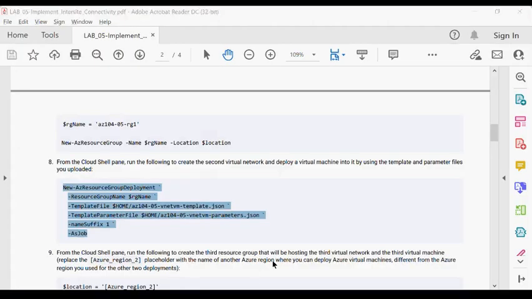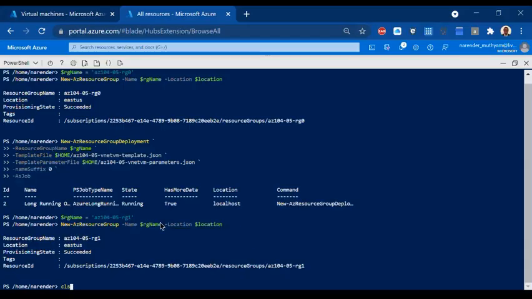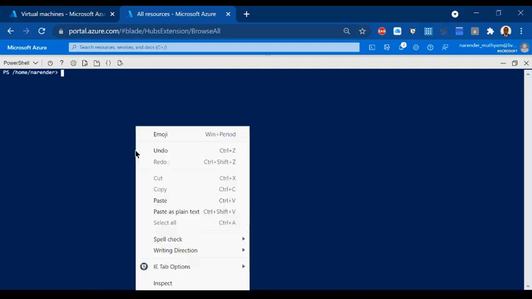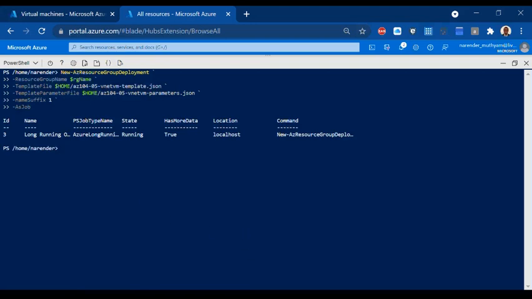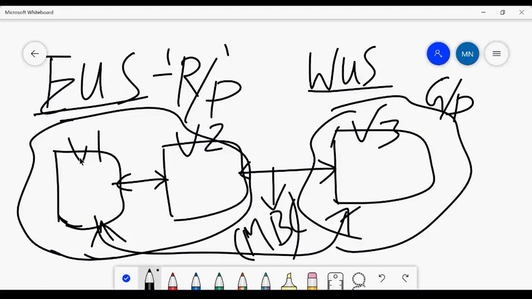For that purpose, again, I'll go back here and run it here. Enter. What did I do just now? I have built VNet 1 and VNet 2, and a VM and a VM.